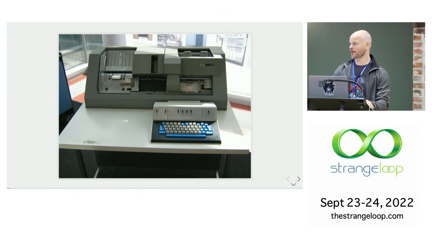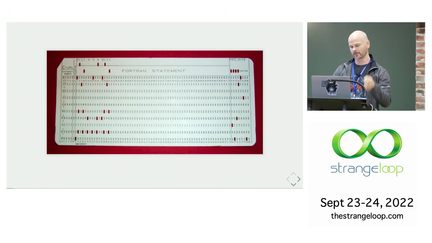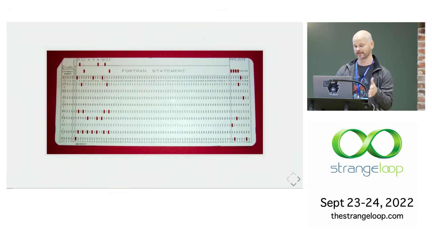And this thing is a card punch, right? So it's like a keyboard, except when you press the keys, you're actually making holes in a piece of paper, and then you feed them into this thing in the back here. And the pieces of paper look like this. So each one of these vertical columns is basically a byte, and you're stabbing through the different bits of the byte to indicate what letter it is.